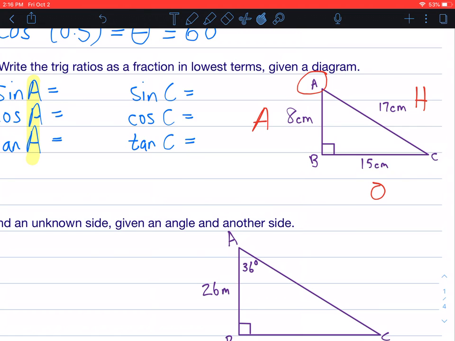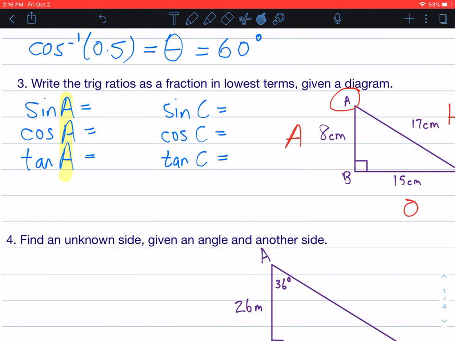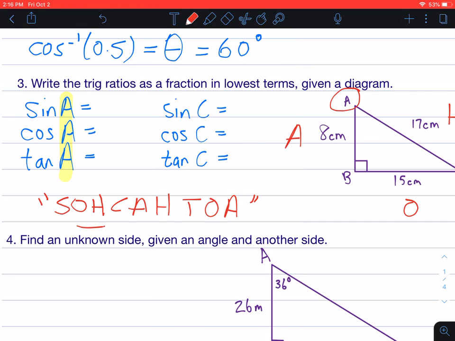So now when I look at my ratios here, sine, remember SOHCAHTOA. This helps us remember the trig ratios. Okay, so SOHCAHTOA. I can see sine is going to be opposite over hypotenuse. So I look at my diagram, I'm going to have 15 over 17. Okay, now if you wanted to write that as a decimal, you would just in your calculator do 15 divided